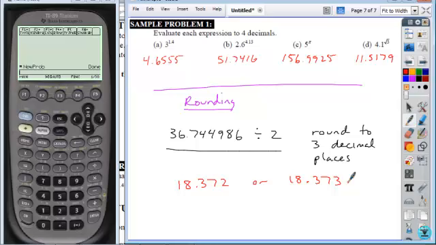Okay, if I enter this into my calculator, 36.744986, and I divide that by 2, I get the solution 18.372493. One of the mistakes is some people maybe think, and every year I find a group of people who think,